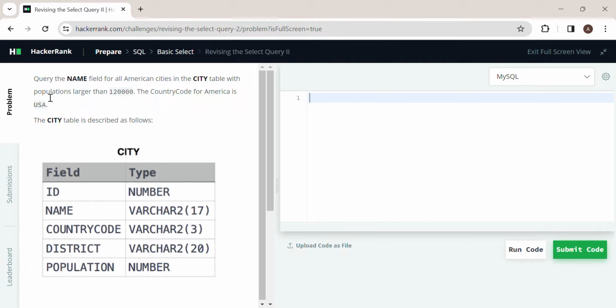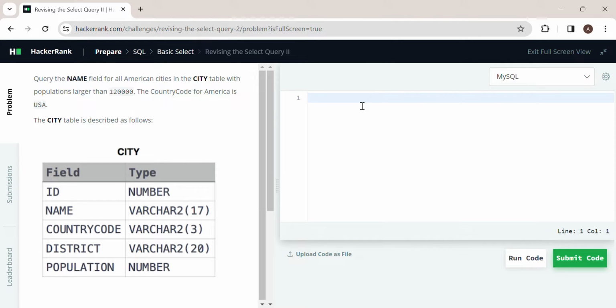The question is query the names field for all American cities in the city table with populations larger than 120,000. The country code for America is USA, and you can see the city table here with 5 fields: ID, name, country code, district and population. But the question is to query just the names. So let's select name from city where